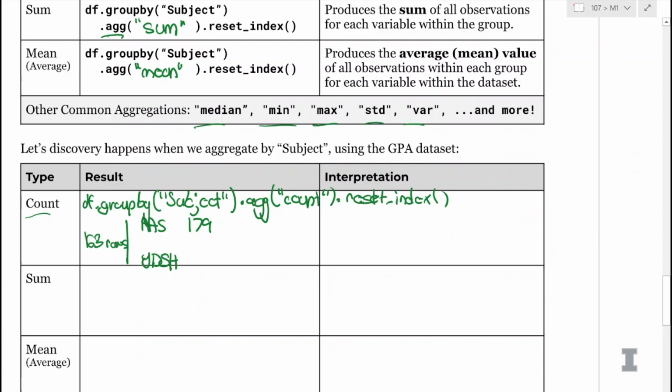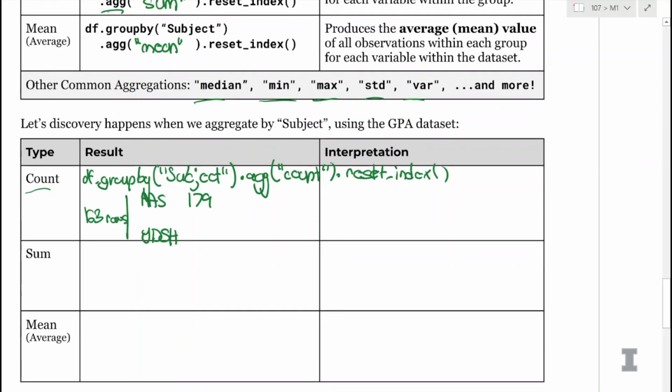We have 179 entries for the year, 179 entries for the number of A's, 179 entries for the number of A pluses. So this just sees how many different rows have data. If any of the rows were missing, we'd see the count being lower. So this is a nicely cleaned up data set that's well structured.